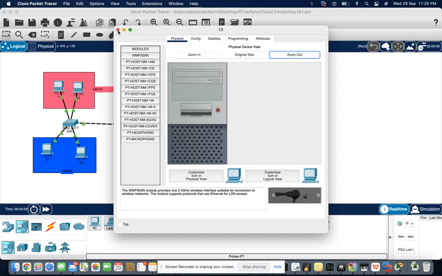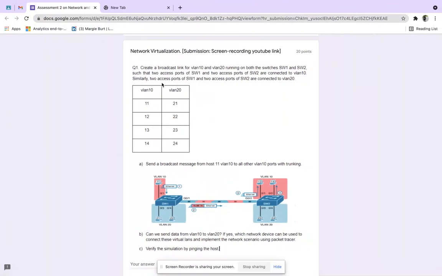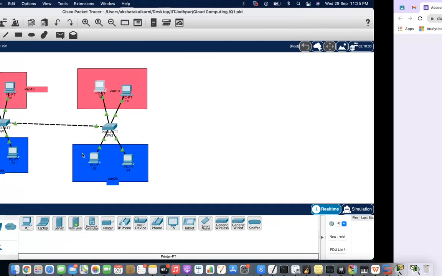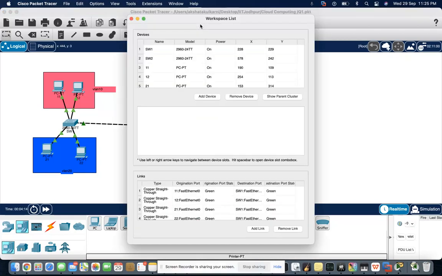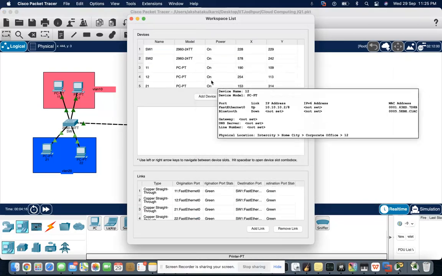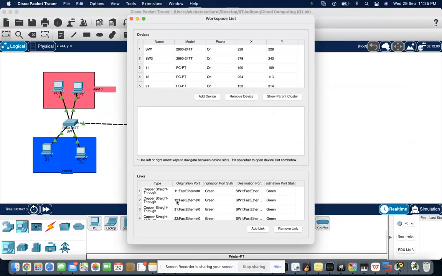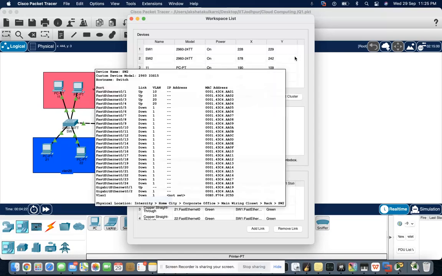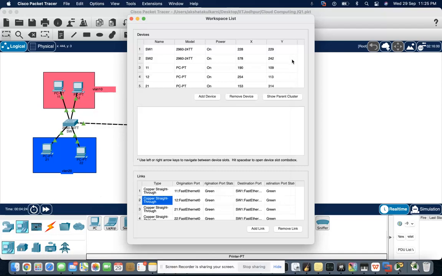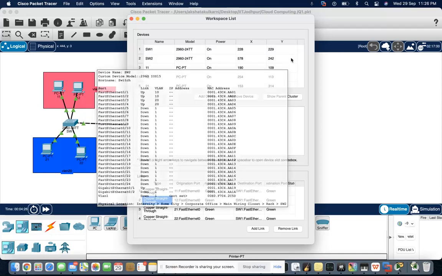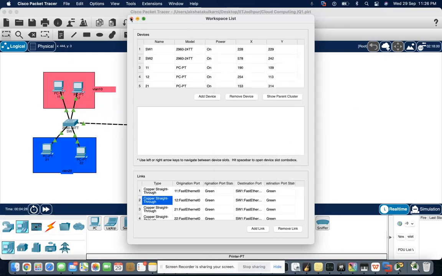And our question is: send a broadcast message from host 11 in VLAN 10 to all other VLAN 10 ports with trunking. This is what I showed here. This is how it looks after sending the message, that is, the host line, switch, and all.